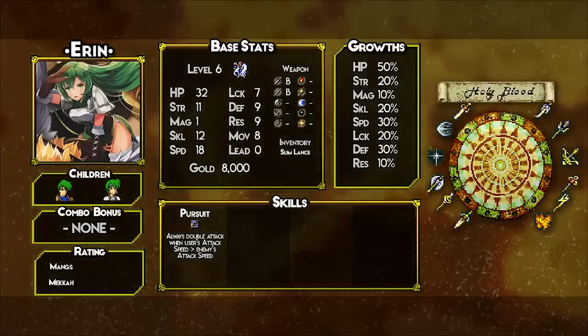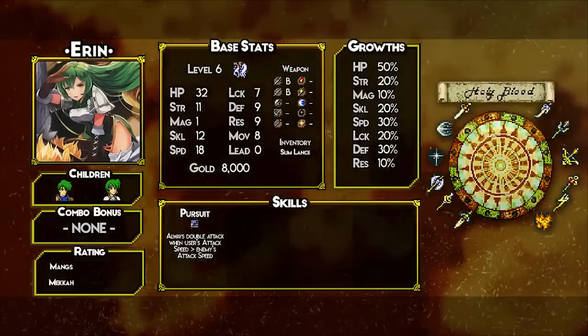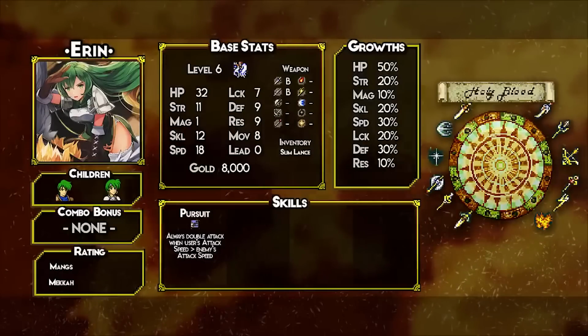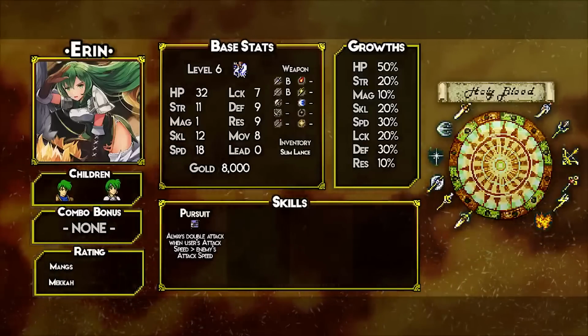And base 11 strength isn't bad either. I would give her maybe a better lance though, because the slim lance doesn't really pack that much of a punch. In the skills department, she only has Pursuit, but it's all she needs, really. I mean, Pursuit's just a good skill, so...